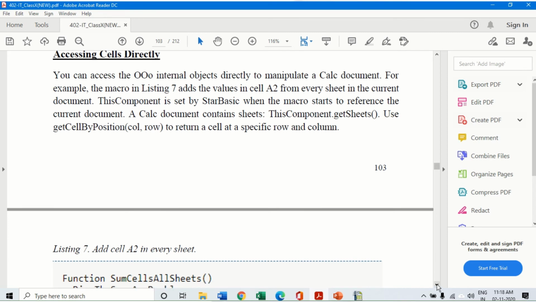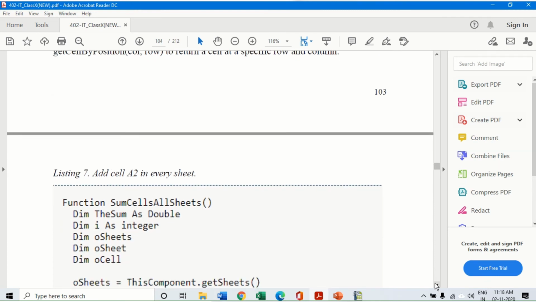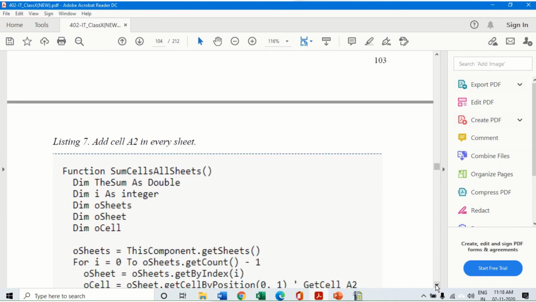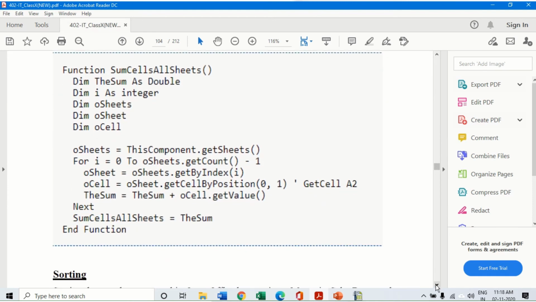So we are not actually going to use it, because this needs a thorough understanding of the StarBasic language. It is just given to you as reference over here for your understanding that we can actually directly call certain components and certain functions called the GetSheet function, etc., and the CellPosition functions.